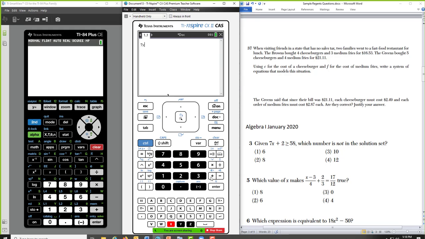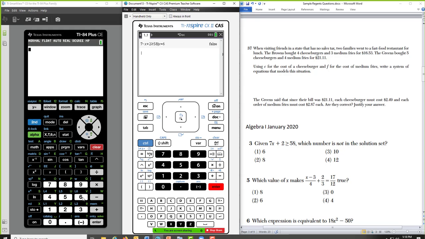7x plus 2. I can do the greater than or equal to 58 because the Nspire has that wonderful such that symbol, and I can say x equals 6, which we see is false. That one is not in the solution set.